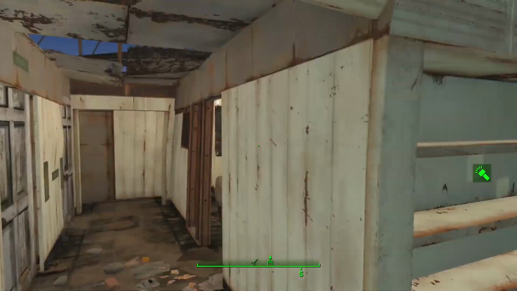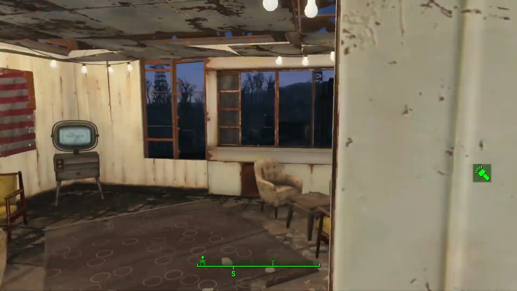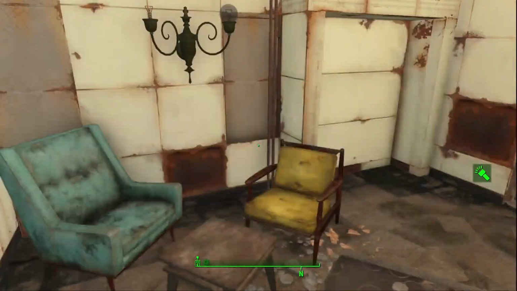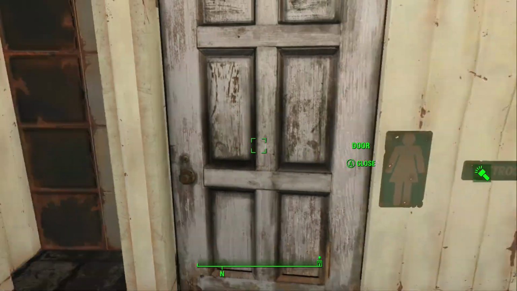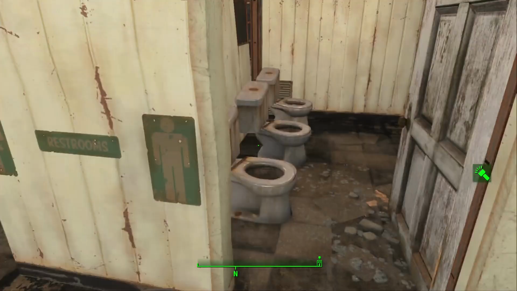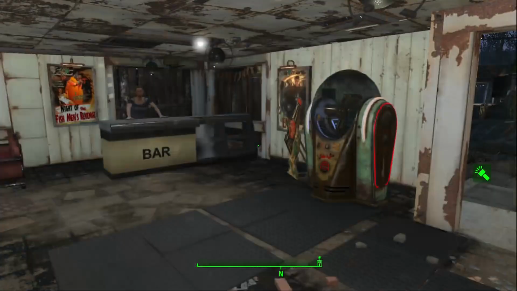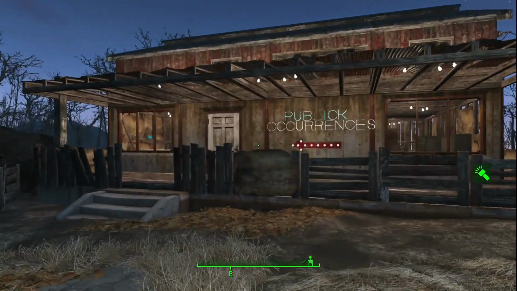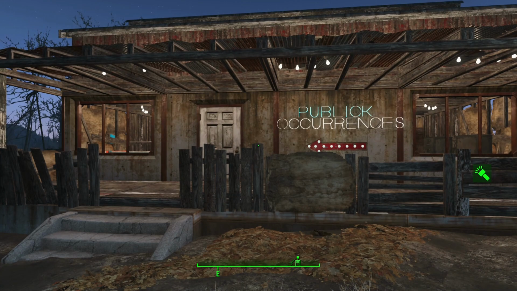But yeah, so this is the White Skull where people can boogie, the youngsters of Sanctuary can boogie inside the club. And there's a little back room here to sit down and have a more chilled out, relaxing time, and then some toilets for the ladies and the gents. Lovely. Right, now moving on, we have public occurrences where Piper,